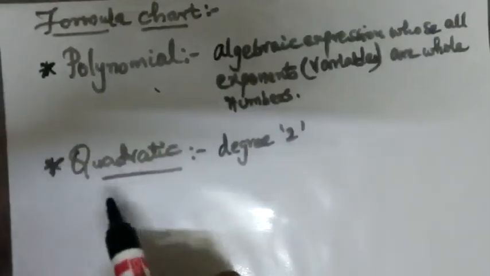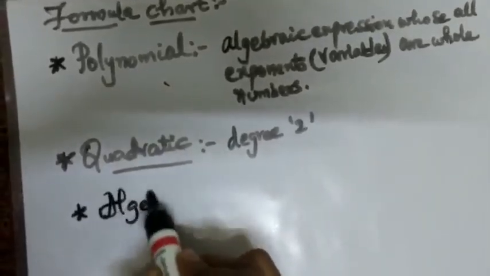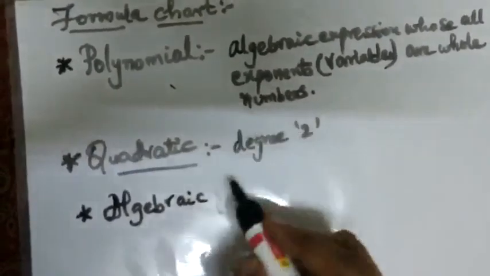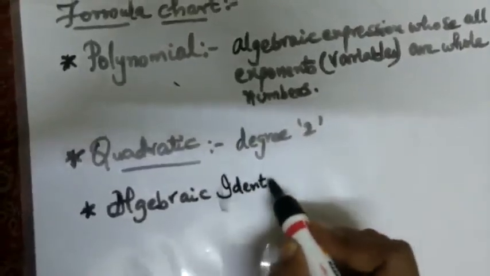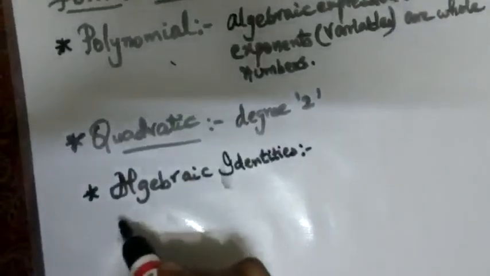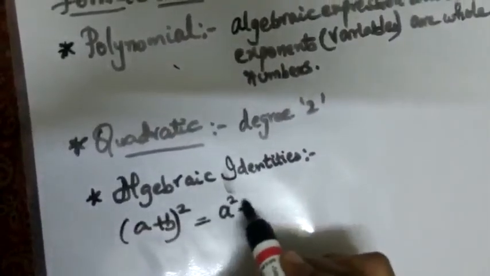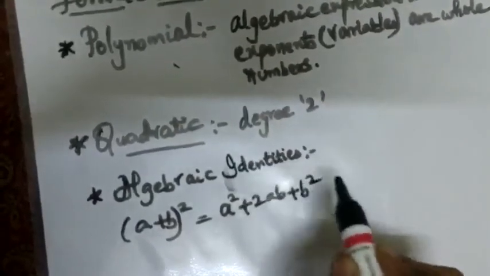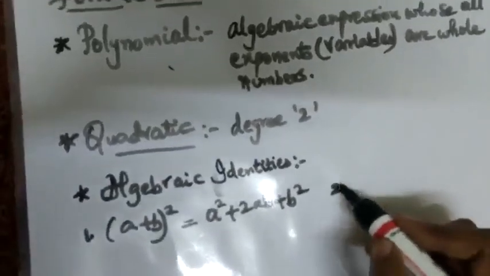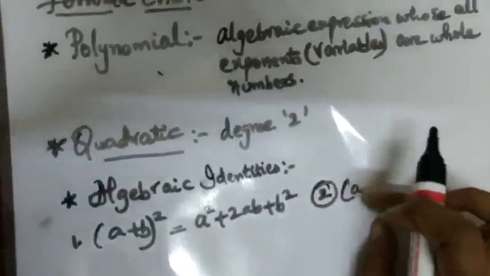Now the next point is the basic thing which we all should know: algebraic identities. These identities we had already learned. So let's write them in our formula chart, because if you have any confusion, you can just look at it. The basic one I am starting with is a plus b whole square. Hope you all know. Please do maintain the formula chart. It is compulsory for you all to get full marks, and besides getting full marks, it's a great help to you near exams. The next formula I am keeping here is a minus b whole square.